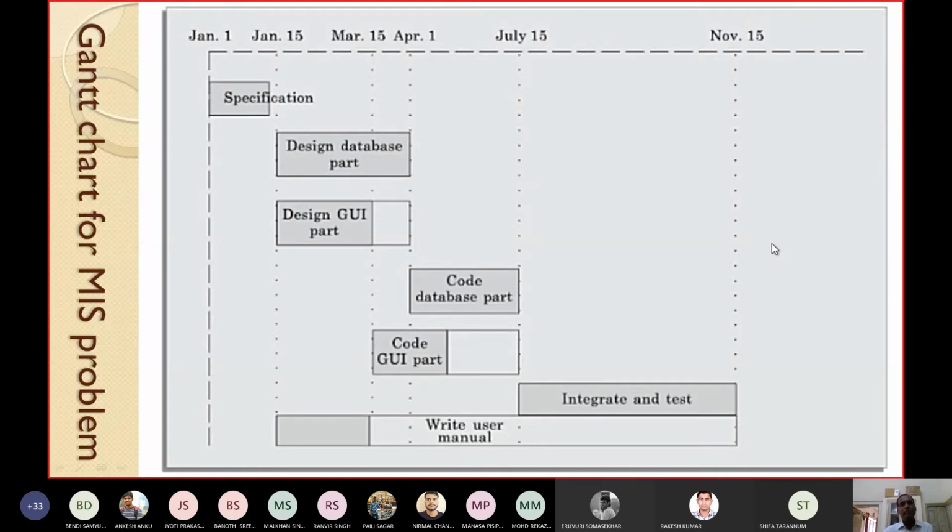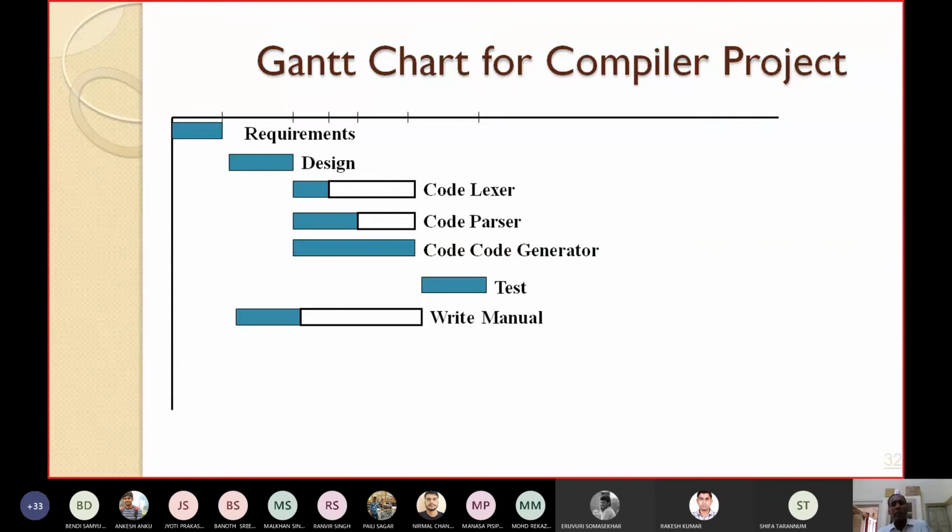Please draw it yourself. This is the Gantt chart for the compiler project, assuming some nominal duration for these different activities. These shaded parts show the estimated time that will be taken by the different activities. White parts say that these are the slack times. You can also prepare the Gantt chart for the compiler project like this. In this way, we can draw Gantt charts for any project. This will definitely give you an idea about the schedule or the duration of the project and which activity can be delayed by how many days. Those things you can estimate.